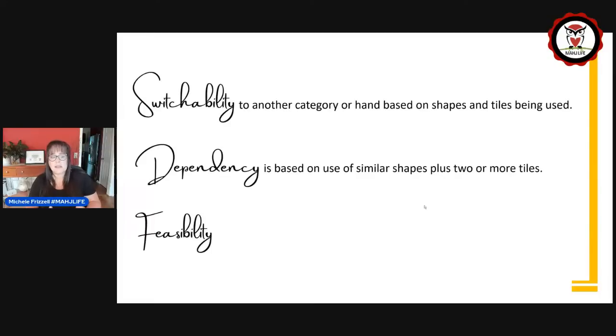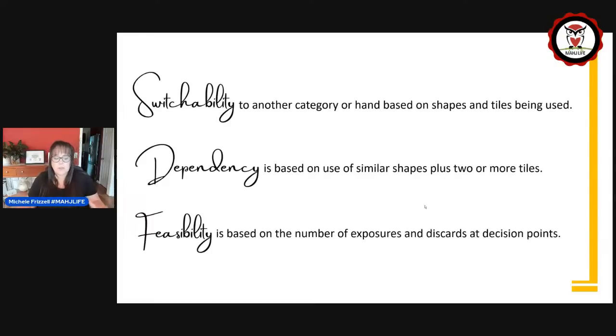So if, for example, I don't want to jump ahead. We're going to talk about feasibility and then we'll tie it all together. With feasibility, it's going to be based on the number of exposures and discards at whatever decision point you're at. So if you're playing in the Charleston, you're going to have very flexible,